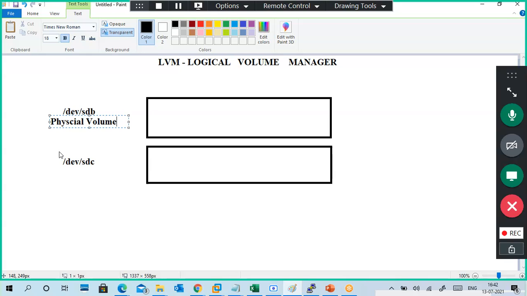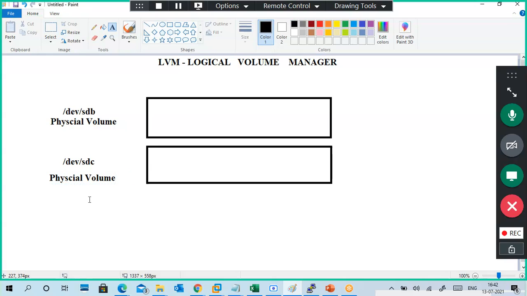The first terminology is physical volume. An individual disk we call a physical volume.